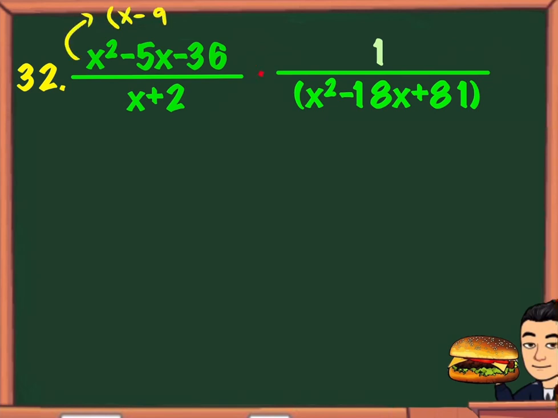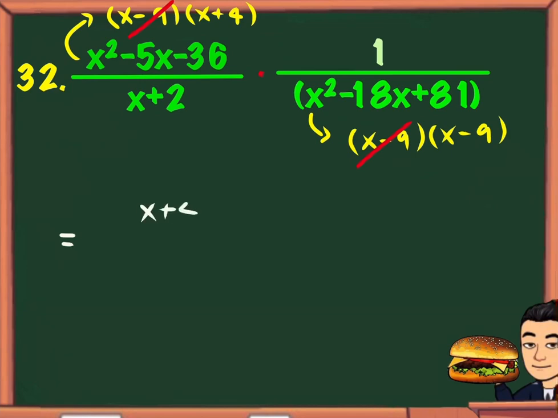X minus 9 times x plus 4. This in factor form is going to be x minus 9 times x minus 9. Let's go ahead and cancel out the common factors and multiply across. The answer is going to be x plus 4 over x plus 2 times